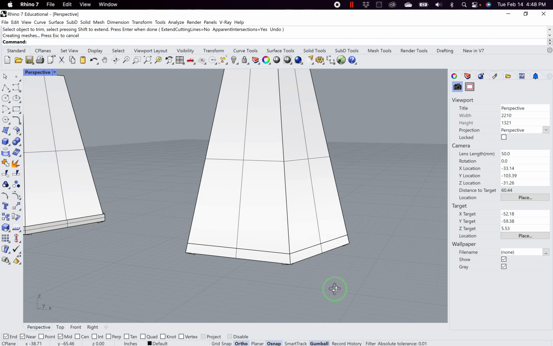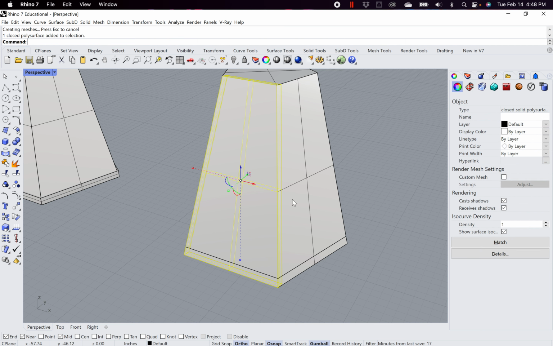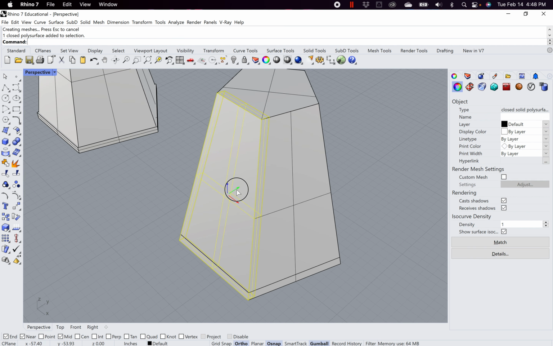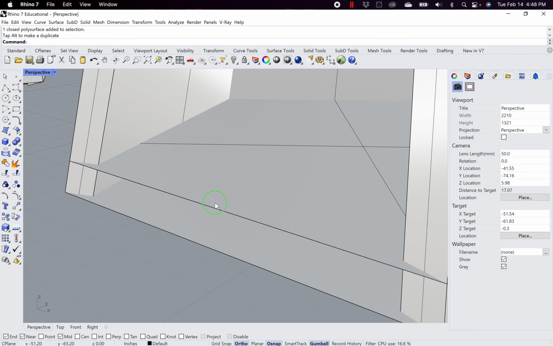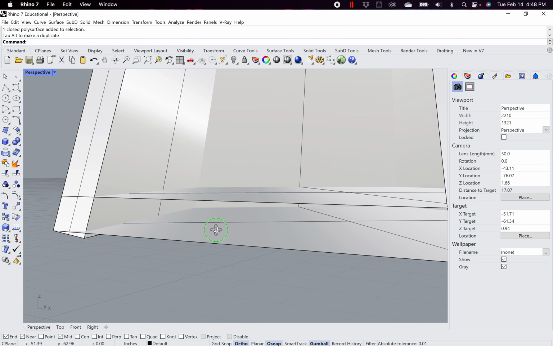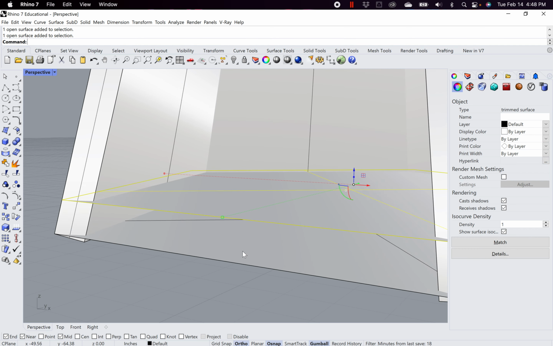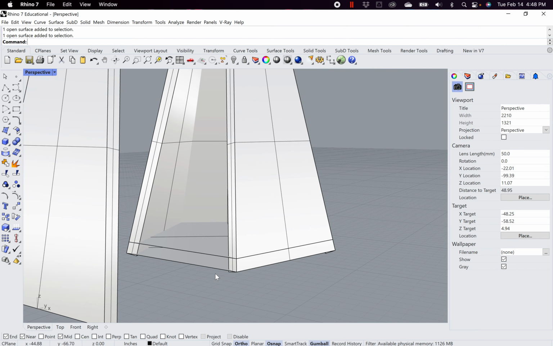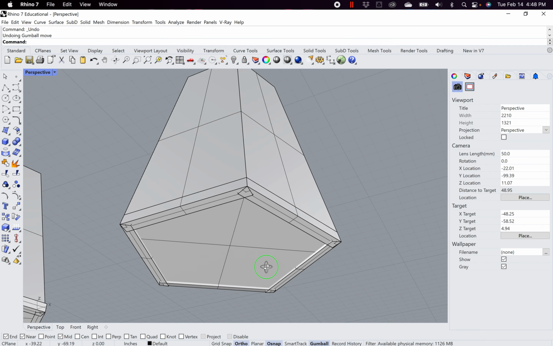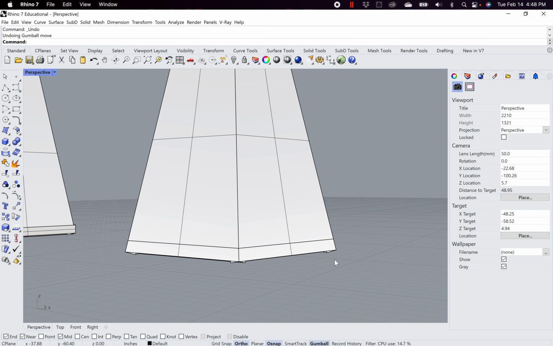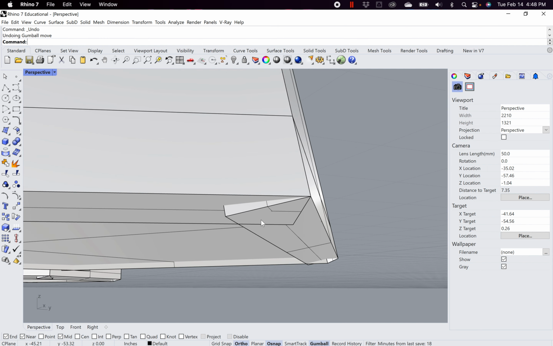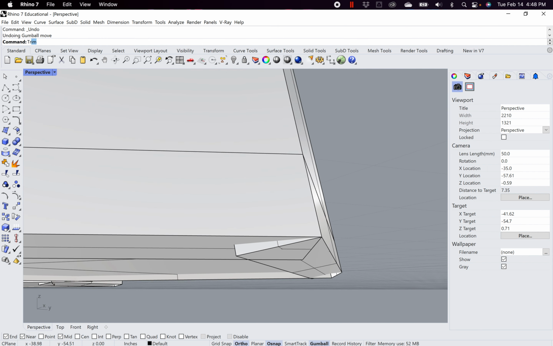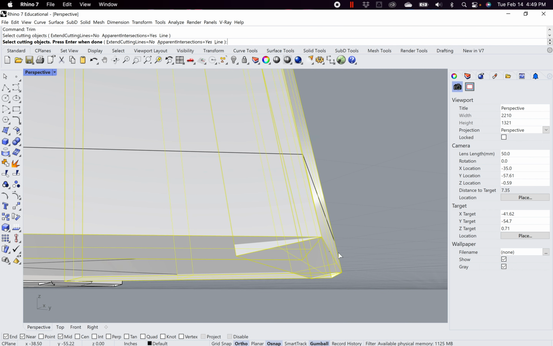The only bad thing with using trim for this case is if I move one of these pieces out of the way, when using the trim command, it makes these objects hollow. So now I essentially have two pieces. But in this case, it's okay. We'll make this work. But then I have all these strange little pieces over here. So again, I'm just going to fix these by doing a series of trim commands